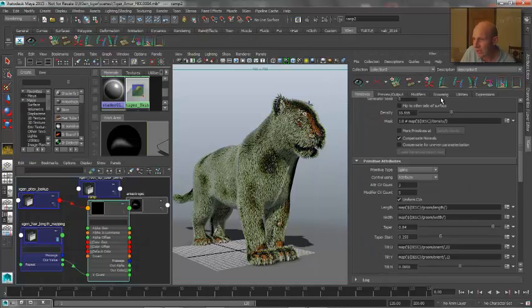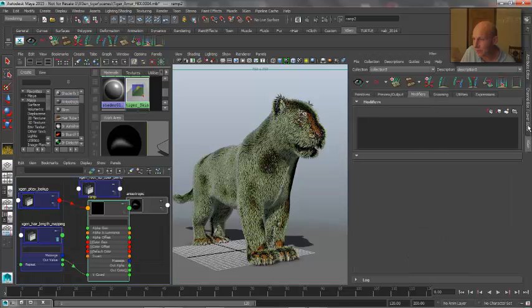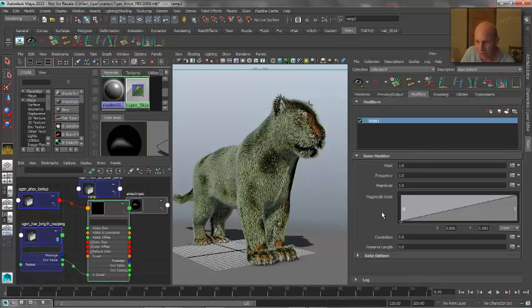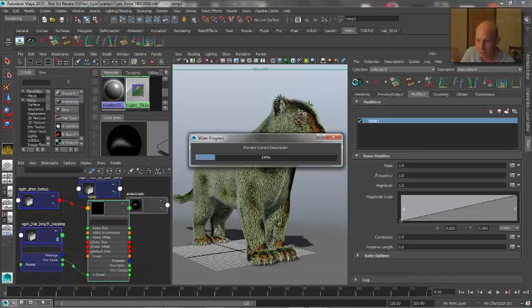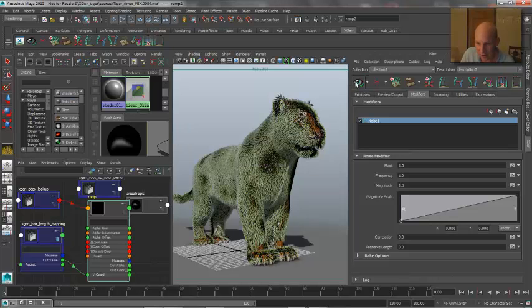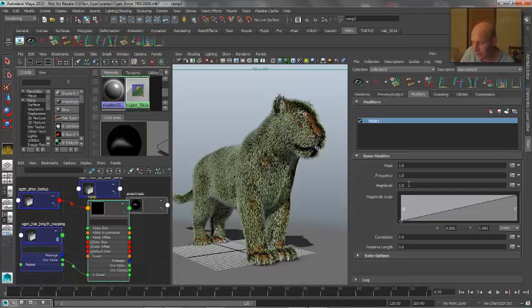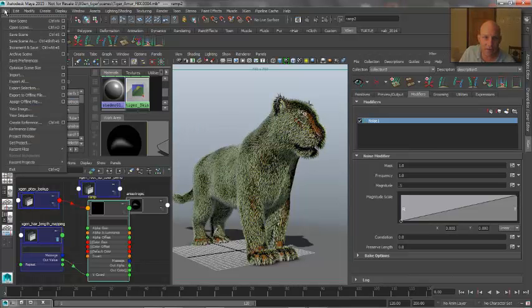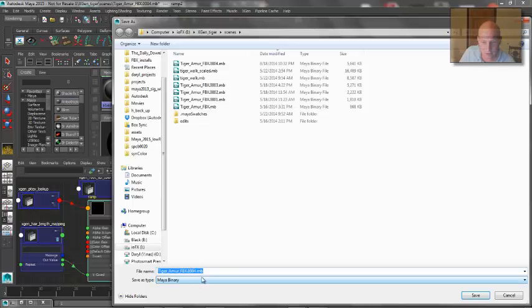So if we just jump back into our Xgen thing and add a modifier onto this, and if we just say, I don't know, we'll add a noise modifier to it. I like noise. It's a good one. We'll hit our preview one more time. Kind of punk that guy out a little bit with that noise. Maybe make the magnitude a little bit less. Something like that. So if I'm happy with everything and I hit File Save or Save Scene As,